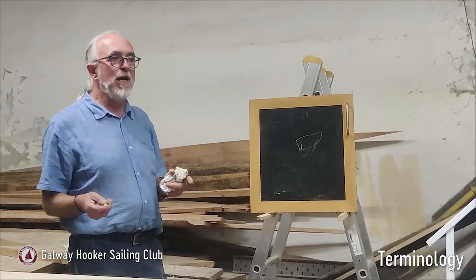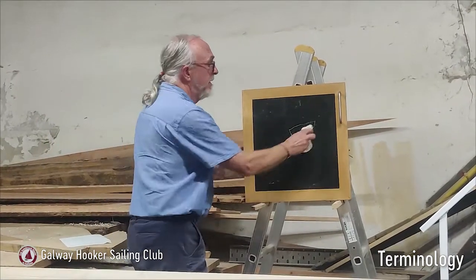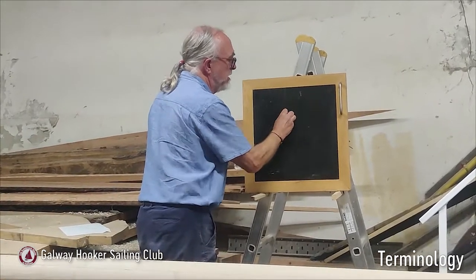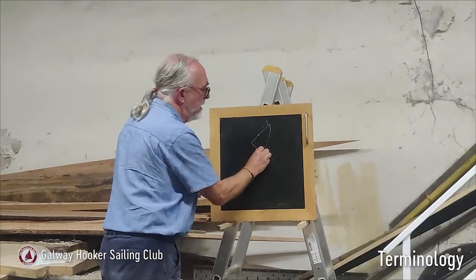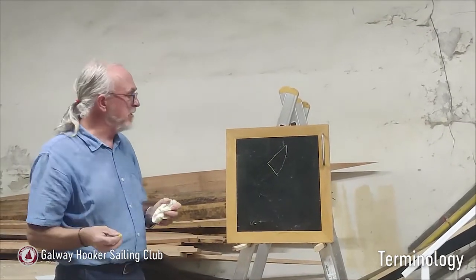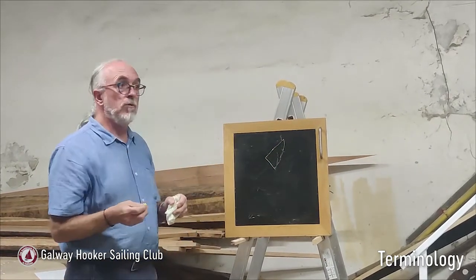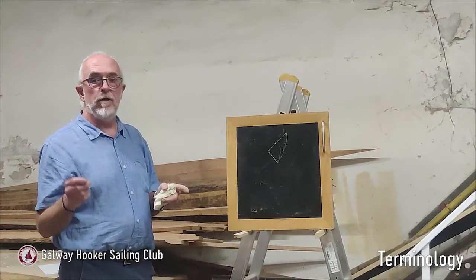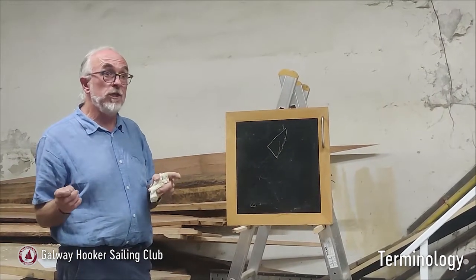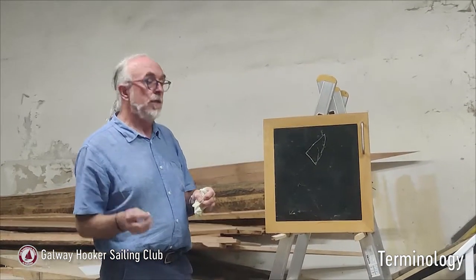You probably shouldn't be telling the helm what to do if you're a crew, but say you are beating, and we're in this position here. I'm trying to give you examples here just of terminology, because you'll hear these terms on the boat, and the sails are set like that. But you're looking at the water, at the pattern of the wind on the water, and as I said before, the wind is always shifting, so it's a really good technique, especially when you're racing,